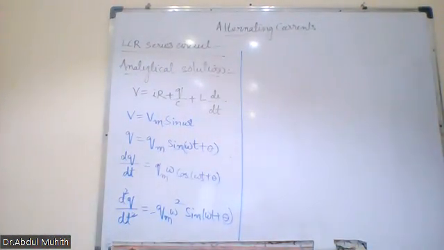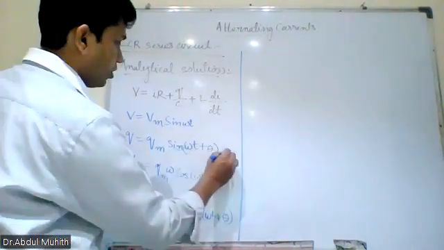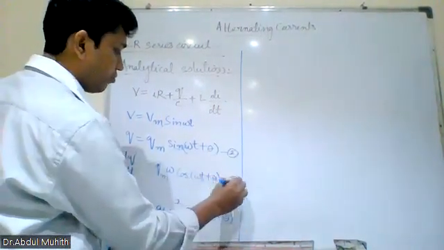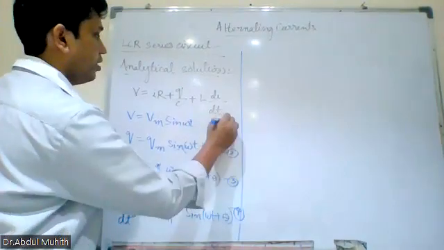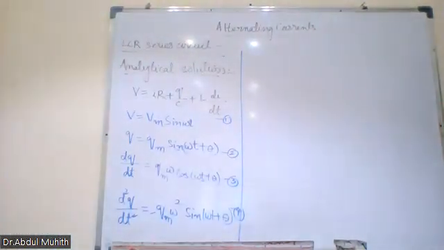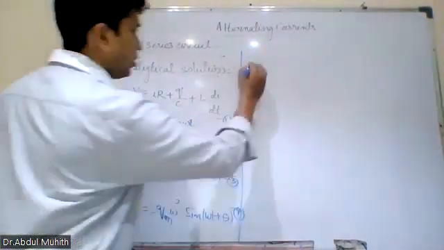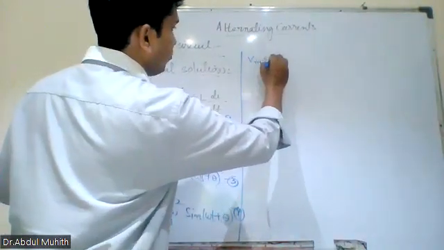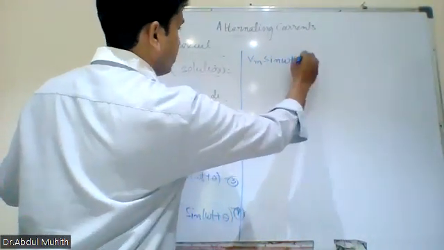Now we will substitute equation 2, equation 3, equation 4 in equation 1. So what do we get now? V is equal to Vm sin omega t, V equal to Vm sin omega t plus